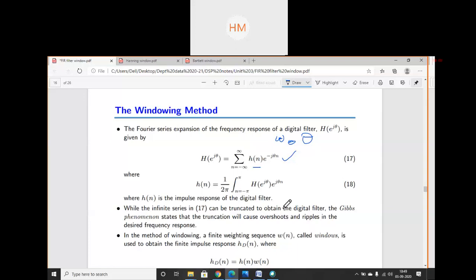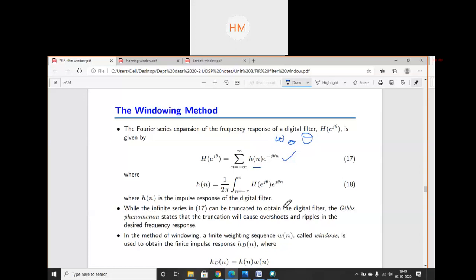It is very clear we have an infinite series and we are truncating that series to get some finite response at the output, then definitely some overshoots and ripples will happen at the cutoff levels. So we have to reduce that level so that we can get a perfect output